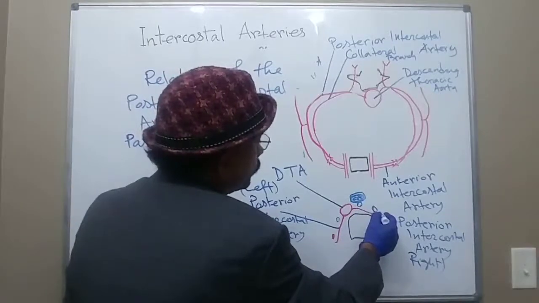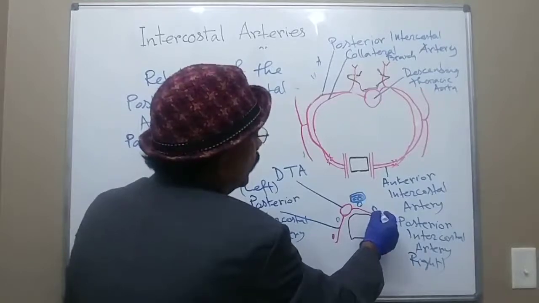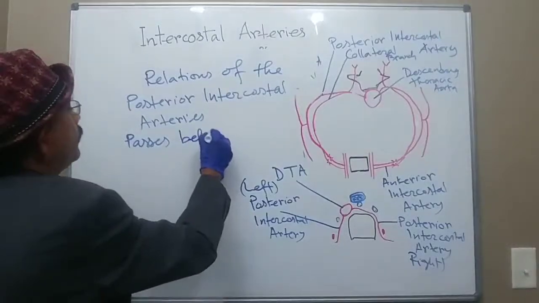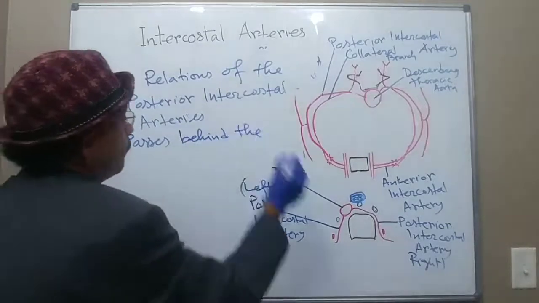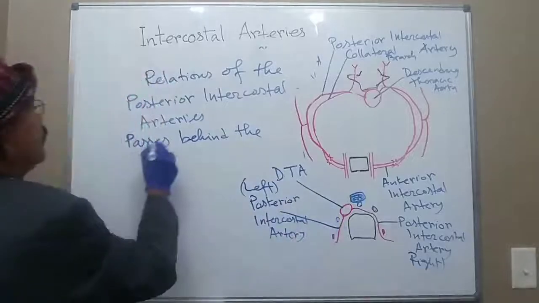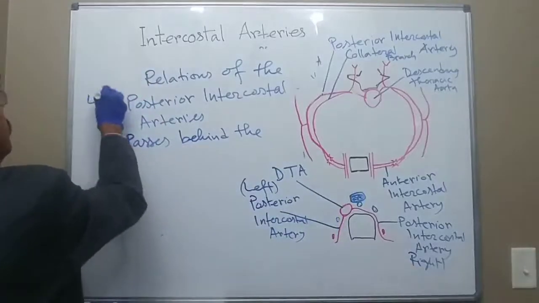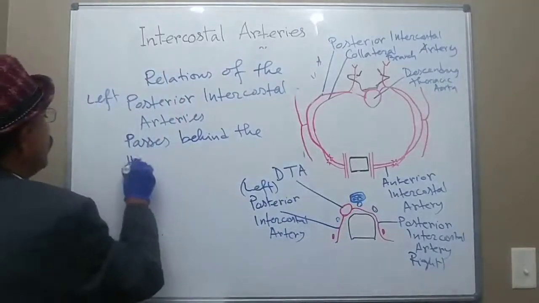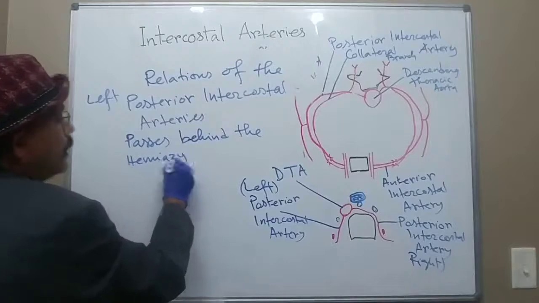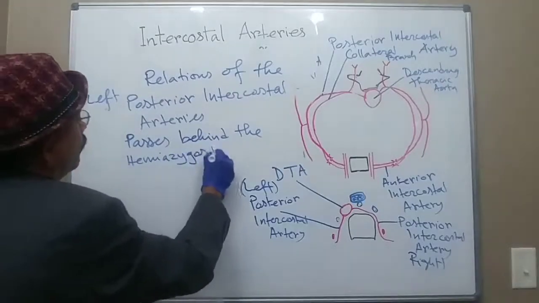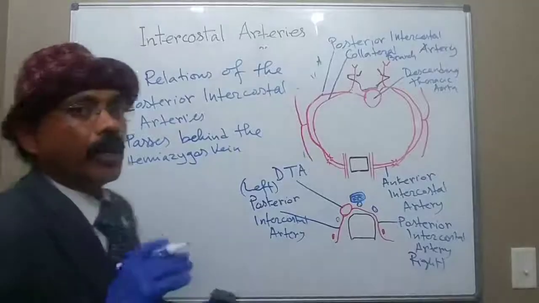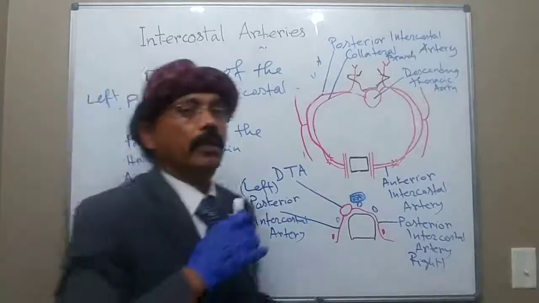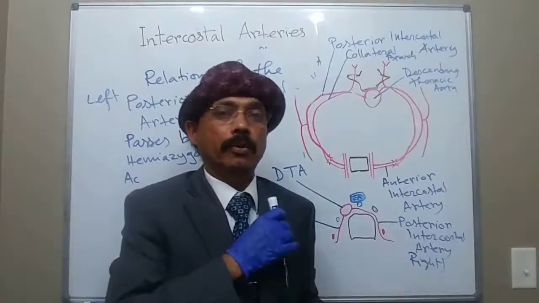This is the azygous vein. So it passes behind on the left side. Okay, so we can say left posterior intercostal artery passes behind what? The hemiazygous vein. Hemiazygous vein, and also in the upper level, accessory hemiazygous vein, because we know that accessory hemiazygous vein is above